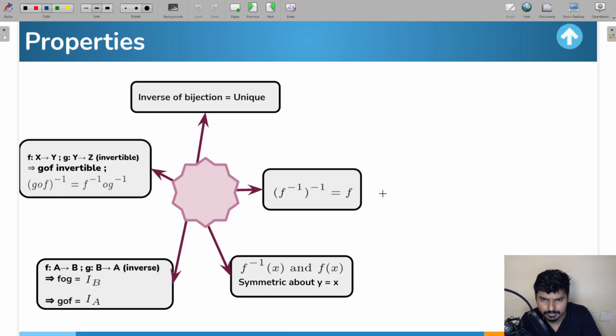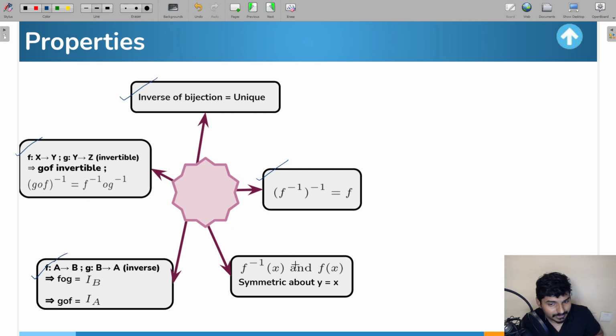Now let me go through a few properties of the inverse of a function. Remember, the inverse of a function is always going to be unique. I mean, if the inverse of a function exists, it's always going to be unique. If you find the inverse of the inverse, it's always going to be f. Then if f and g are invertible, remember guys, (g circle f) whole inverse will be f inverse circle g inverse. And then you have this property: if f and g are inverse to each other, then f circle g or g circle f, both are going to be identity functions. Okay, so both you're going to get as identity functions. That is the next property.